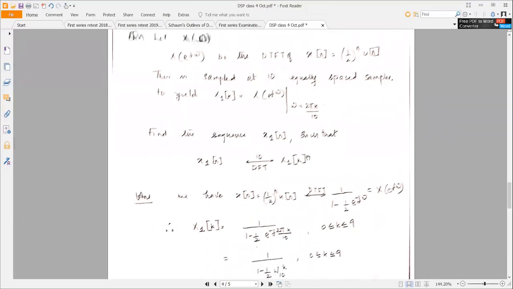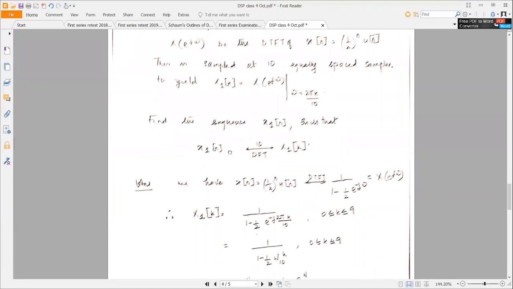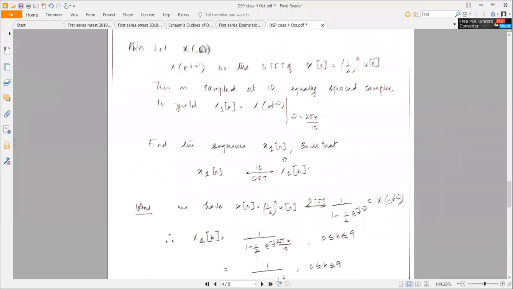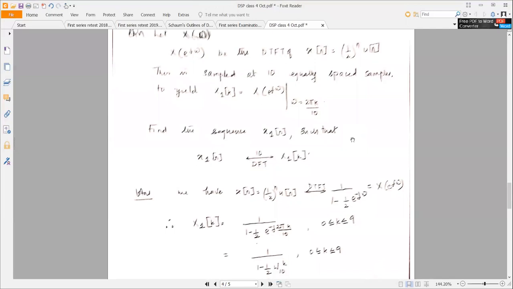So now we are going to look at what is this inverse discrete Fourier transform. For this, there is one simple way to compute this, but it is very tedious. You will never be able to complete the answer here. That would be to sample X of e power j omega, write down X of k as the 10-point sequence and find the 10-point inverse discrete Fourier transform of X of k, which is going to be extremely time consuming. So that is not practical to attempt in an examination.